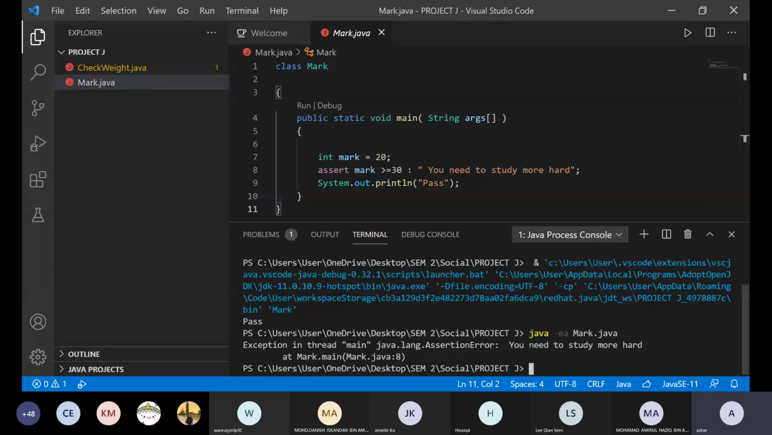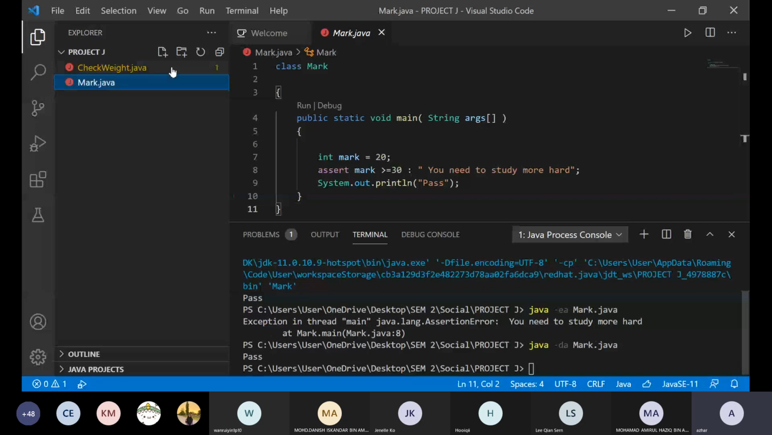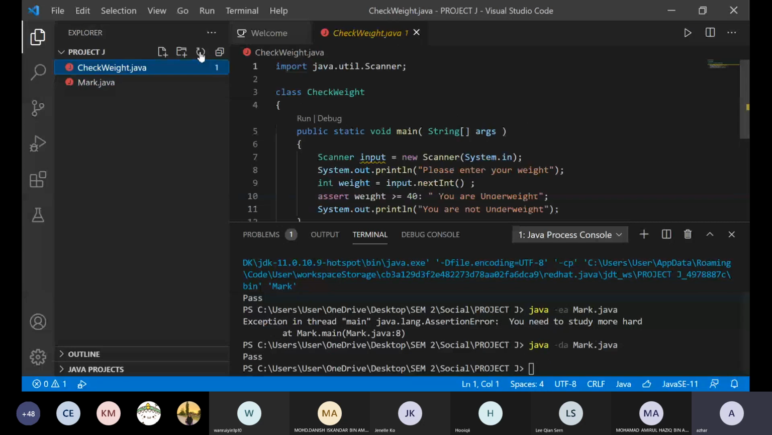So how to disable the assertion again? Java -da means disable assertion, and our class name, so Mark.java. So it will disable our assertion. So I will show you the next. I will use the ChatWay class. In this ChatWay class,